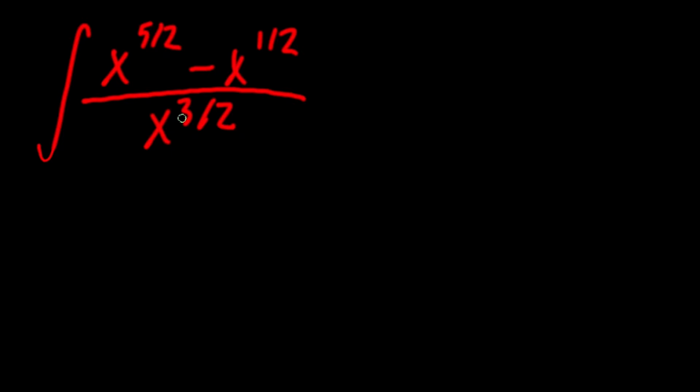So the first thing I think of when I look at this integral is I do not want fractional exponents. This 5/2, 3/2, and this 1/2, it doesn't look good. It's similar to negative exponents. You don't want negative exponents. So I'm just going to multiply by 1 to get rid of those fractional exponents. I'm going to do 1/2 over x to the 1/2. And remember, this doesn't change the value of the integral. We're still multiplying by 1. X to the 1/2 divided by x to the 1/2 is still just 1. And so we get our new integral written as,